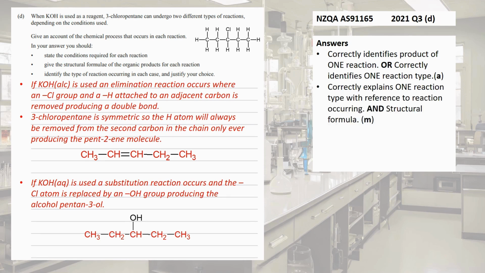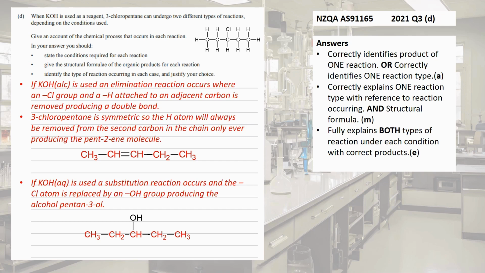If you explain one reaction type, so if you explained that here this is an elimination, you remove the chlorine and the hydrogen, and you gave a product, so if you mostly got the first part or the second part, you would be at a merit. If you fully explained, if you did all of that written here,